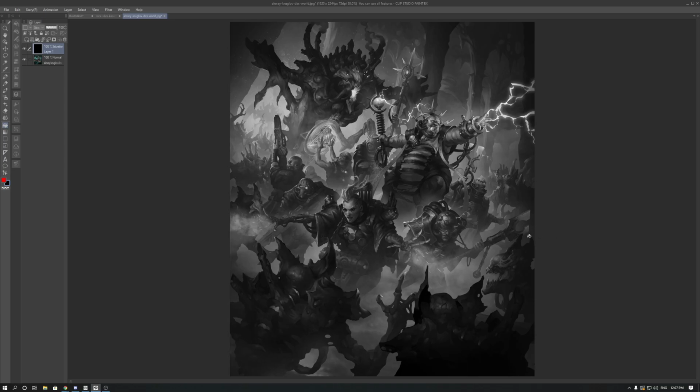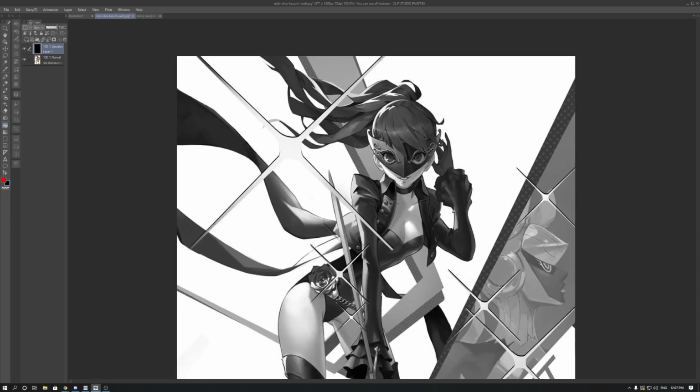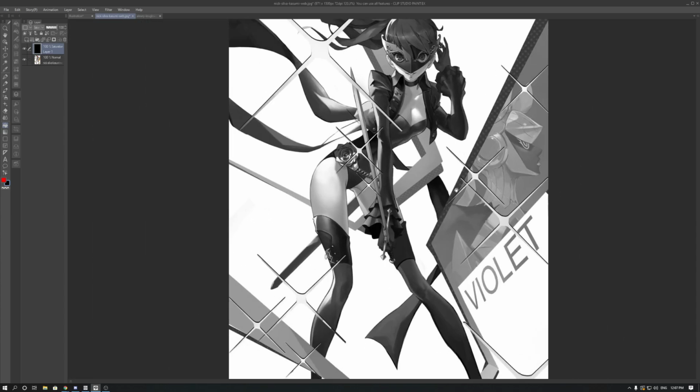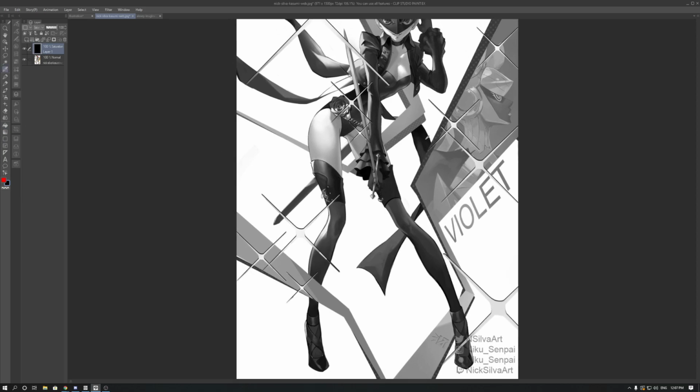So this would be considered more dynamic than this one, right? Because this one's scale is only from about, if you color pick this, you can take this, make a new layer, get a brush,